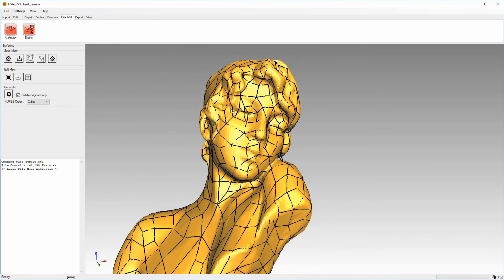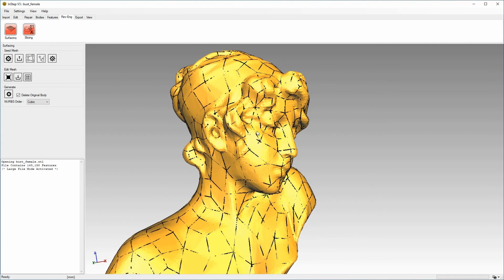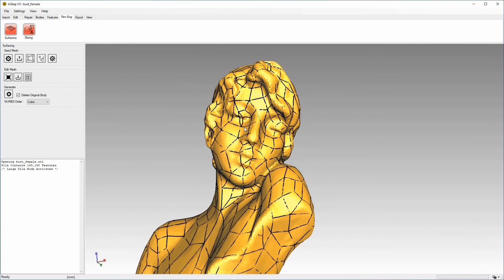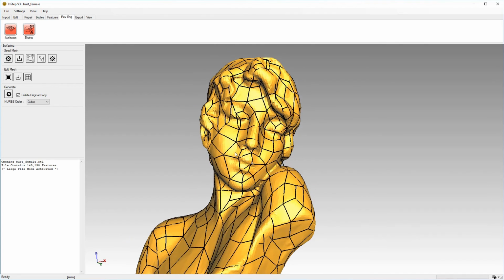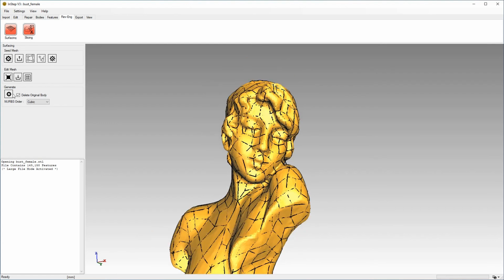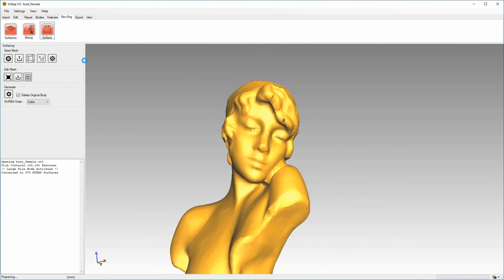It should be noted that the imported file will be projected onto the original surfaces. So if they've moved a little bit, that is most likely due to that. We can also use that in various ways to generate a seed mesh over the target body that matches different parameters. If we're happy with this, again, we do the conversion to NURBS, and then we can go ahead and export that.